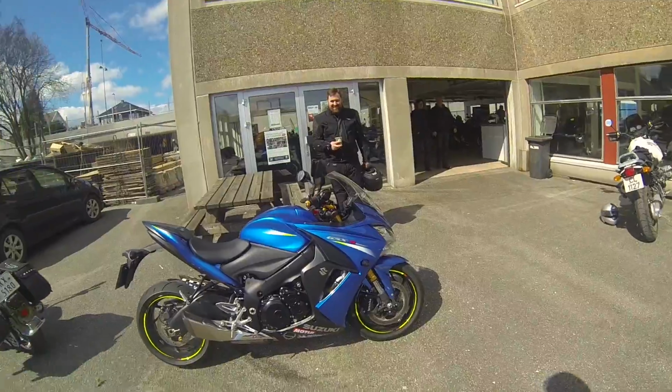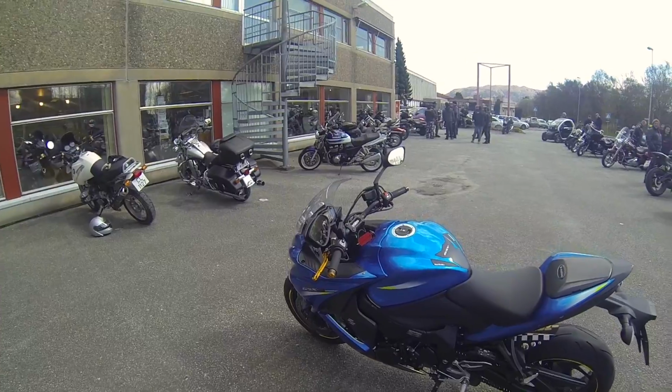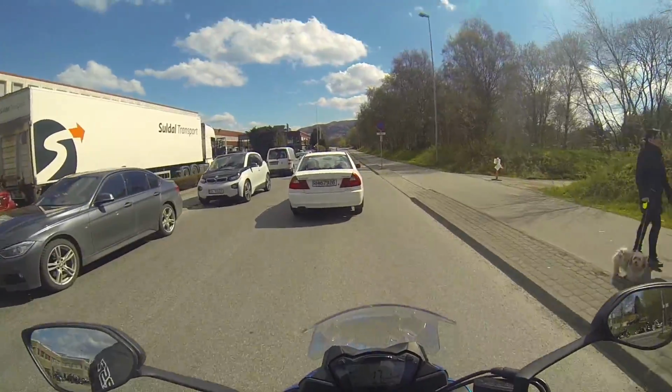The GSX1000. Brembo discs, Nissin on the back, Brembo on the front. Love this gold detailing on the brakes and the bar ends and here on the frame as well. So ladies and gents, we are on the